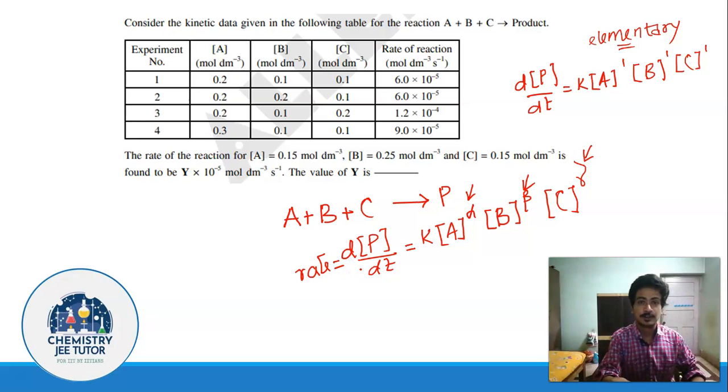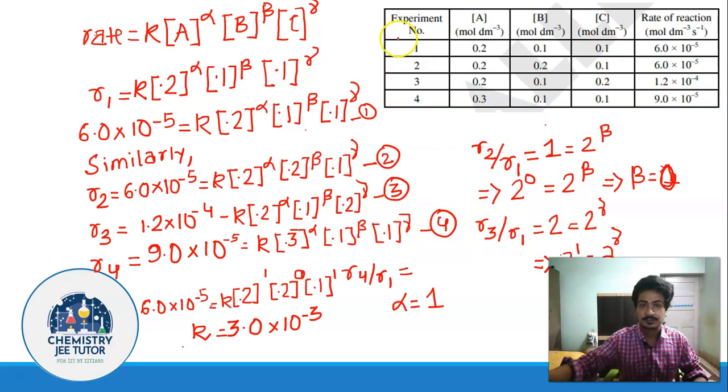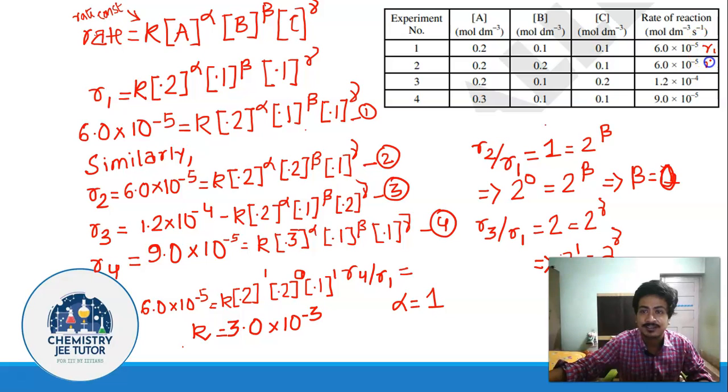Now I have chalked out the solution for you. Now I will explain how we are approaching this. We need this table as of now. So the rate of the reaction is given by this expression, where K, small k, is the rate constant. I believe you all know this. So we are going to approach it from this equation itself. So what is given? We are going to consider this rate as R1, this as R2, this as R3 and this as R4. So how can we write R1? R1 can be written as this.